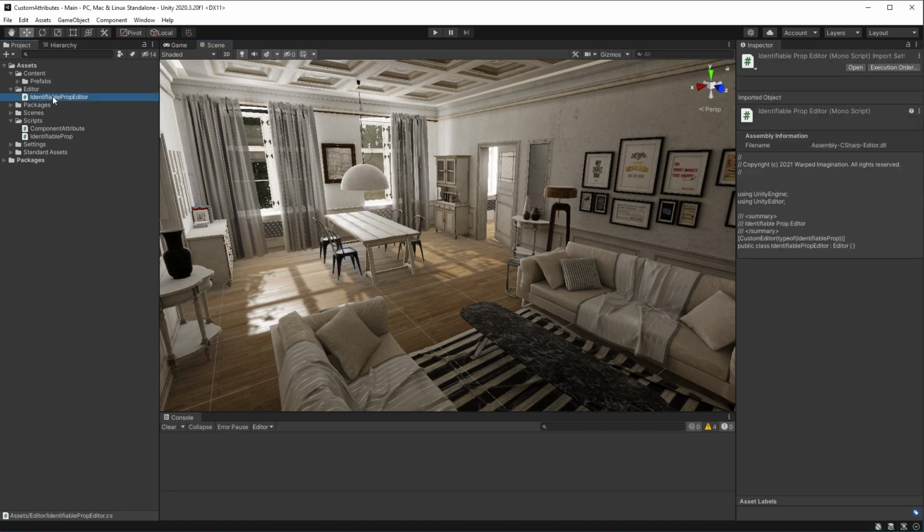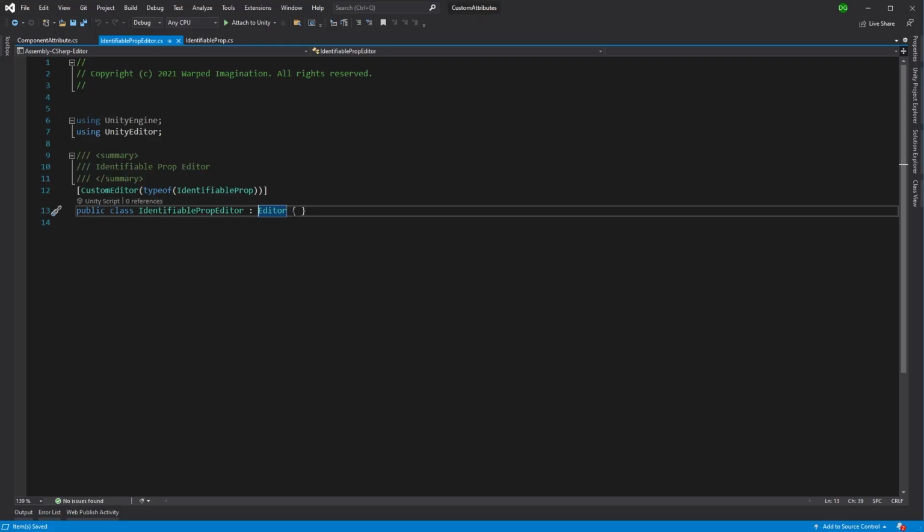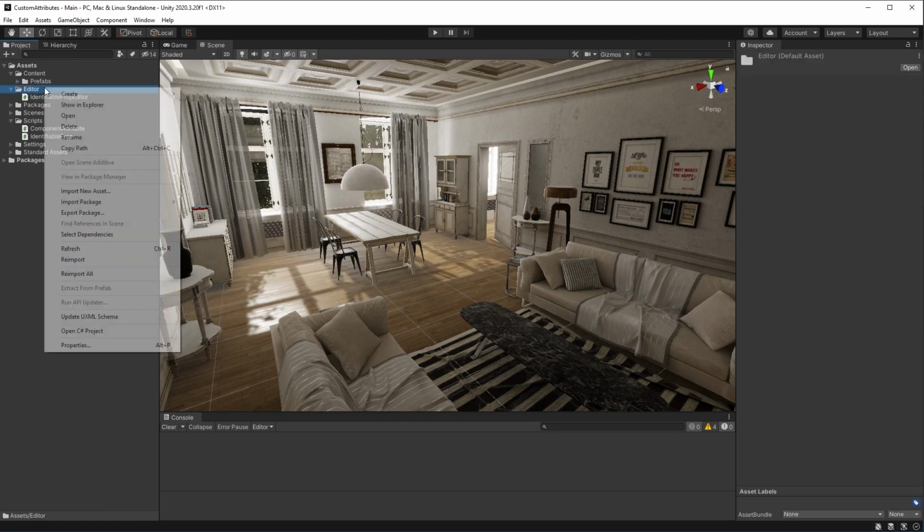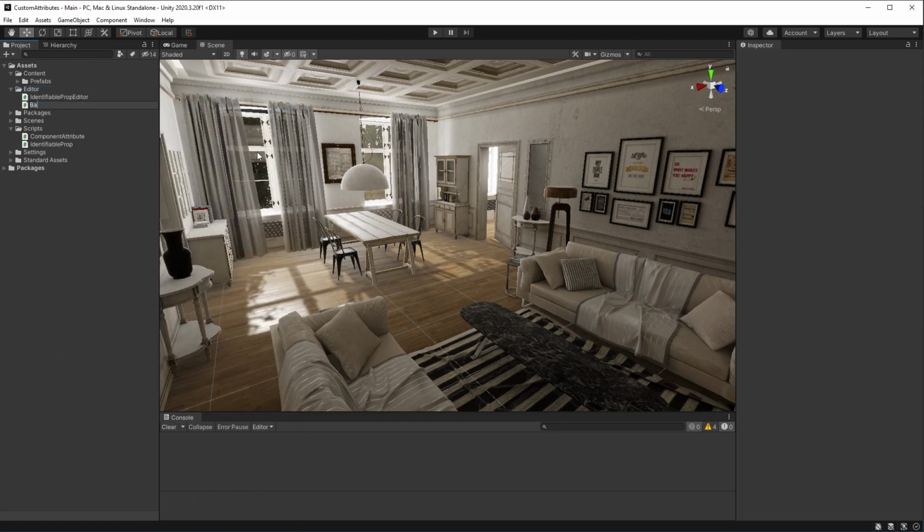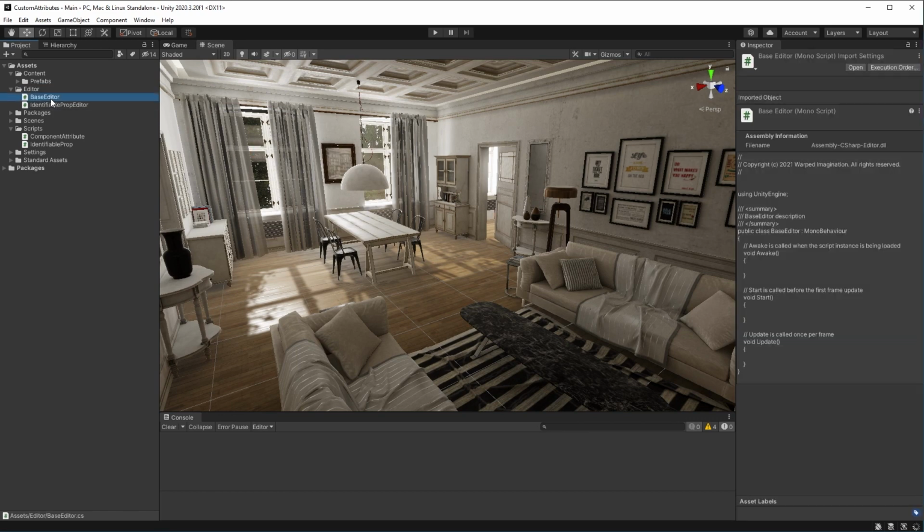So as I already said, we have an identifiable prop editor. It doesn't have anything in it at the moment. All it does is derive from the base class editor, which is from the Unity editor library. And that would enable us to do the onInspector GUI, etc. But what we're going to want to do is create our own base editor that derives from the Unity engine base editor. That enables us to add a template that all of our editors will then derive from and be able to get all these custom attributes. So back in Unity, we'll come into the editor folder and we'll create a class called base editor. And if we load that up into Visual Studio,